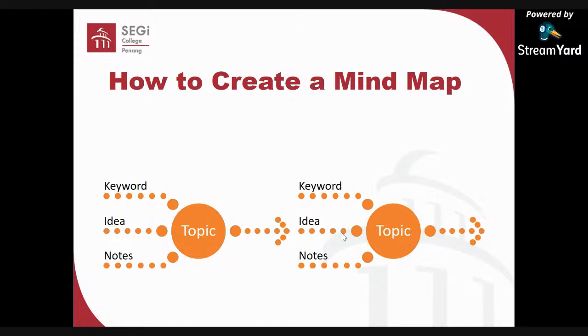Okay, for a mind map with relationships or one that needs all the steps and so on, you can create it like this using an arrow diagram. For this topic, to the next topic and so on. This is mostly used in history, for example the timeline of Tamadun Islam, like which country came to Malaysia first and so on. And there are the stories, there are heroes. You can use the arrow diagram to help you.